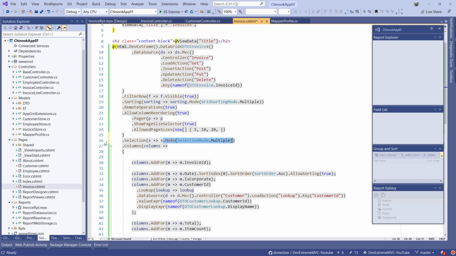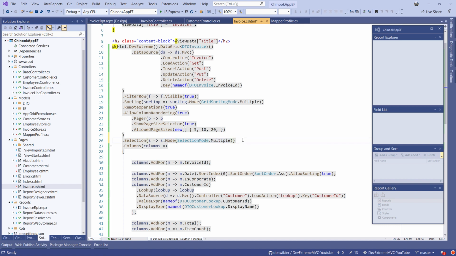The next thing I want to do is add an extra column which will show a reporting button, so I can click an individual record, and by using the multi-select feature I will need to add a button to the toolbar of the Datagrid. And for this I will need a couple of things. Let's first start by adding this button to the toolbar. We do this